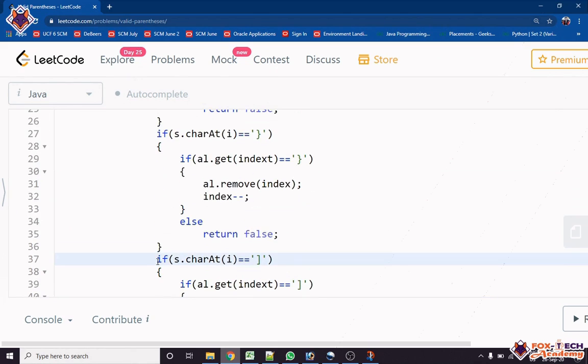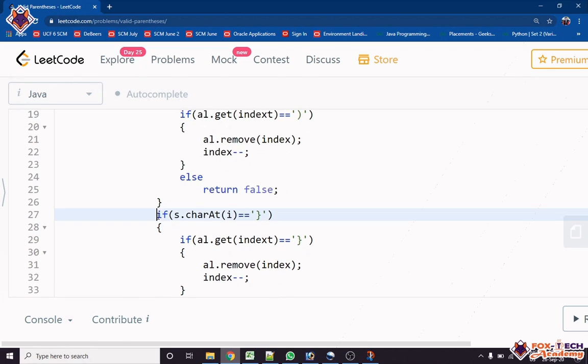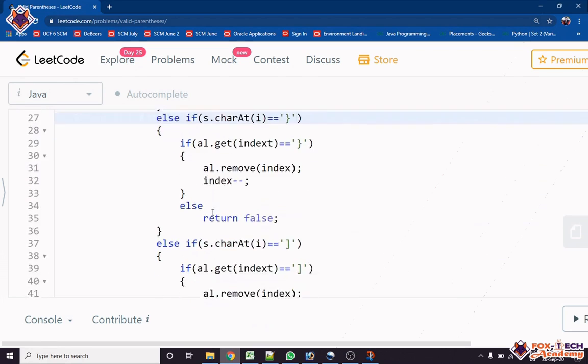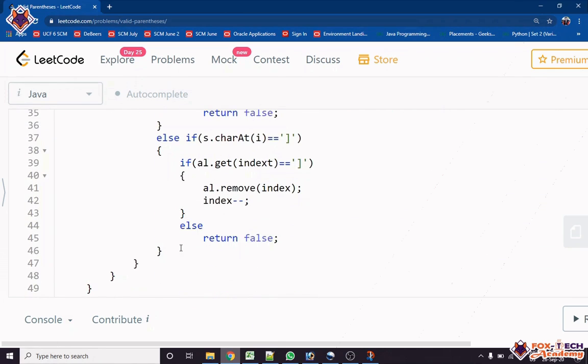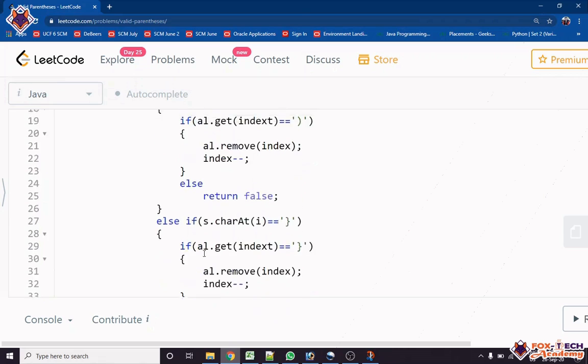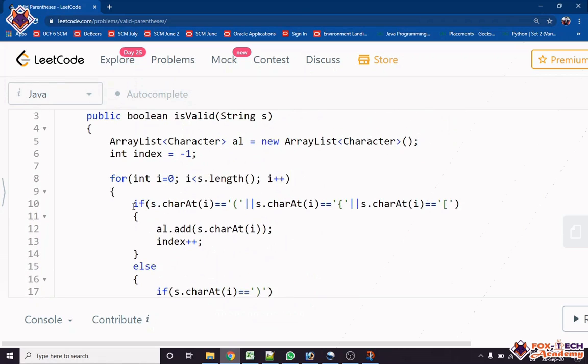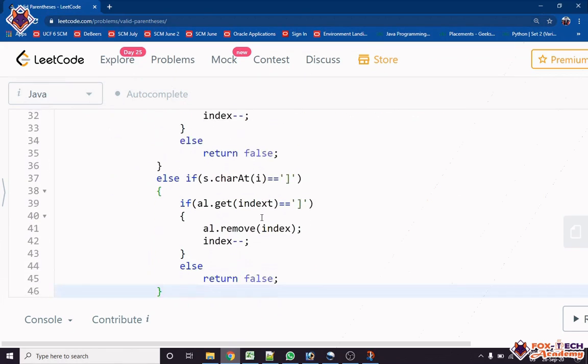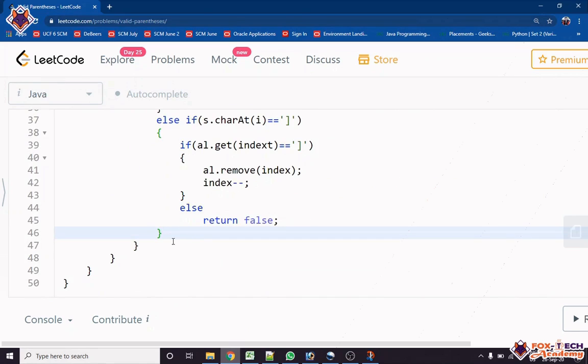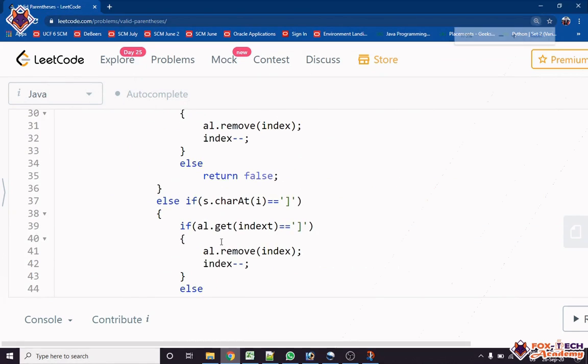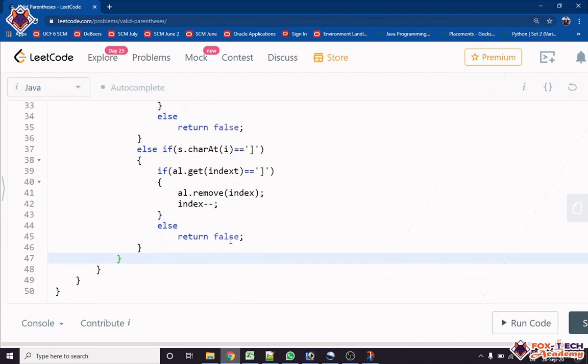So we will use if. Right, it's fine. And suppose, okay, wait, actually I incremented size.